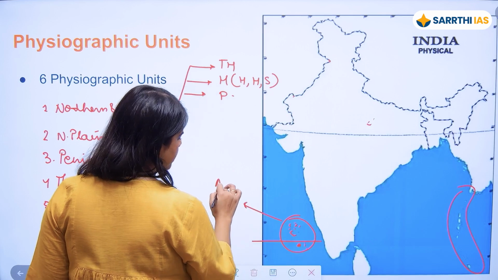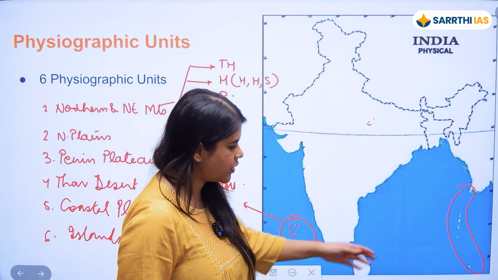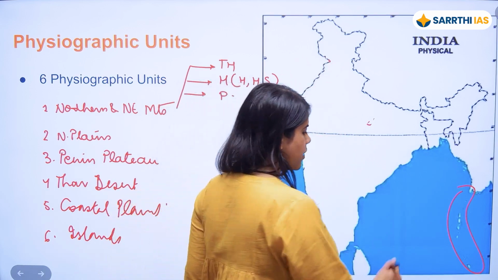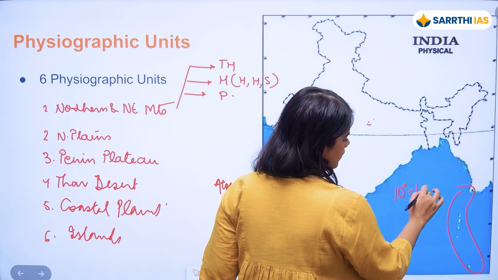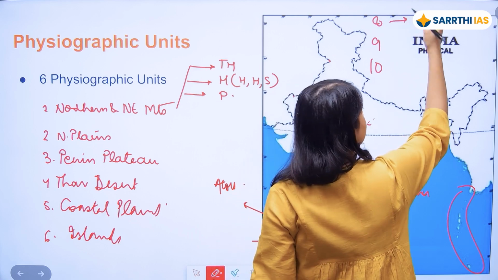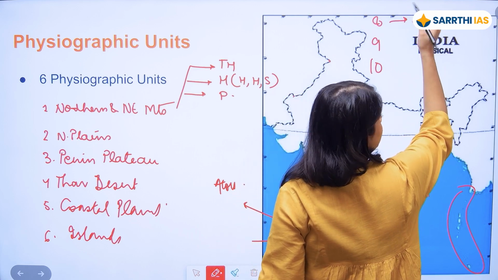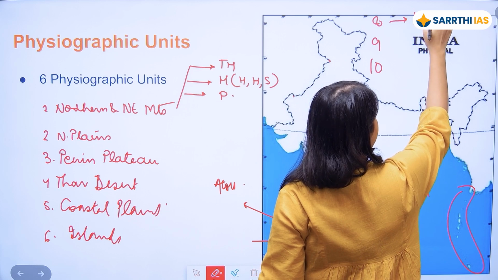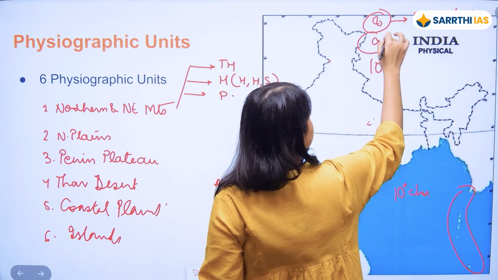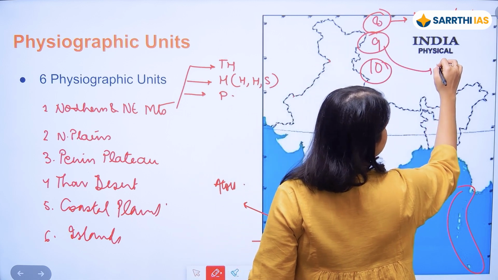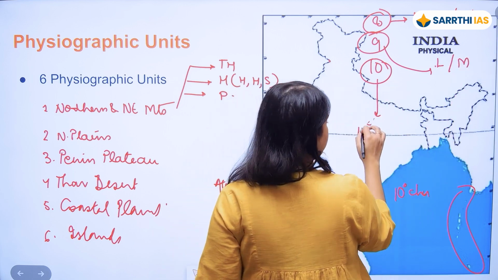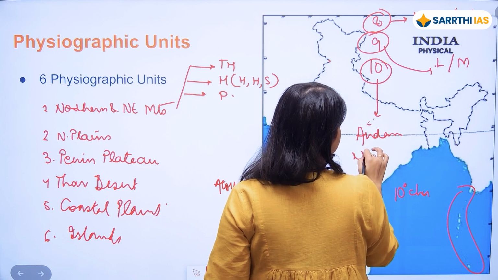These are atoll islands. And we have the Andaman and Nicobar Islands, Andaman north, Nicobar south, separated from each other by the 10-degree channel. So 9-degree channel, 10-degree channel, 8-degree channel. The 8-degree channel separates India from Maldives. The southernmost island of Lakshadweep is Minicoy Island. It is separate from Maldives by the 8-degree channel. The 9-degree channel separates the rest of the islands of Lakshadweep from Minicoy, and the 10-degree channel separates the Andaman from the Nicobar Islands.